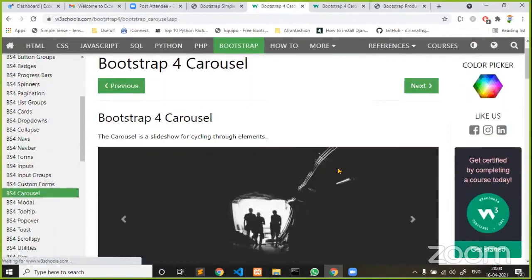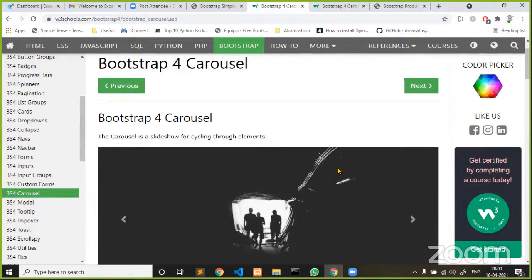If you are a good developer, a carousel is nothing but we are displaying a single image or a group of images, and it keeps changing at a certain interval. That is called a carousel. If you are a web developer, you could even understand what this carousel terminology is all about. If you don't know what a carousel is, better to first understand the carousel component which is inside Bootstrap.